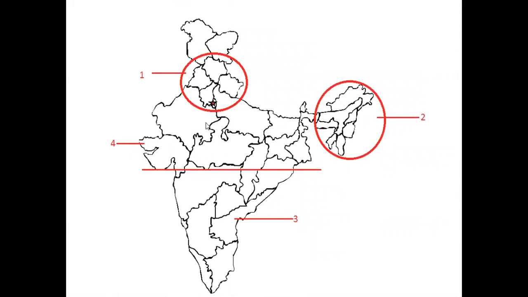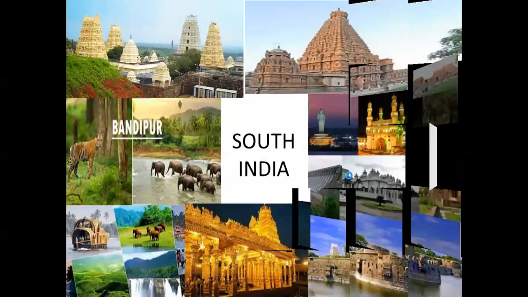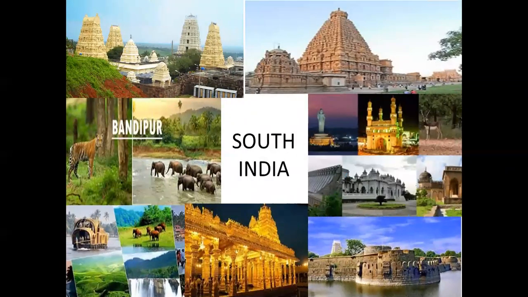I have divided the map into 4 different stages in which I will be teaching you the map. So you can see here the down part, that is the southern part, I have marked as 3, and the central part I have marked as 4, and the circled ones are the ones where children always get confused. Now, to clear the confusion, I am here with the next video. We will start with South India.